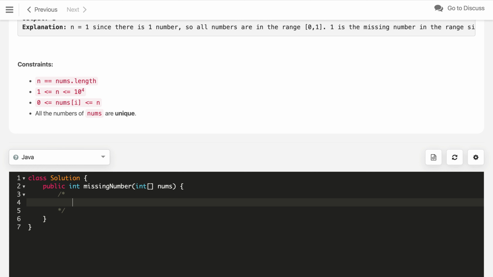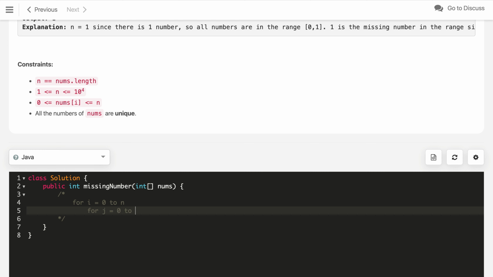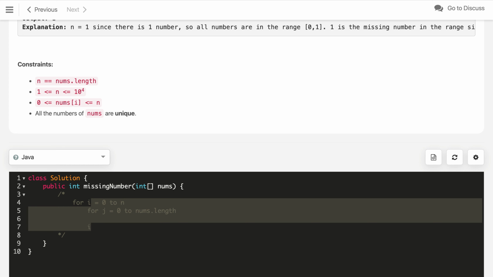The first solution you can do is start a for loop from i equals 0 to n including both, and then run another nested for loop for j equals 0 to nums dot length, and check if we are getting i in our array. If it is, then it's fine. If we didn't find this i in our array, we will return the i. So if you see, this is an O of n square solution.